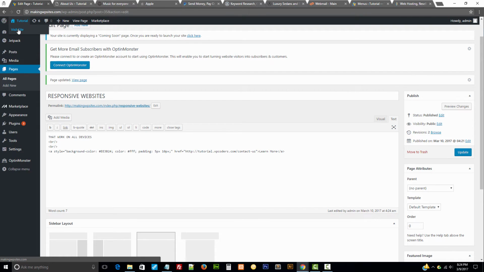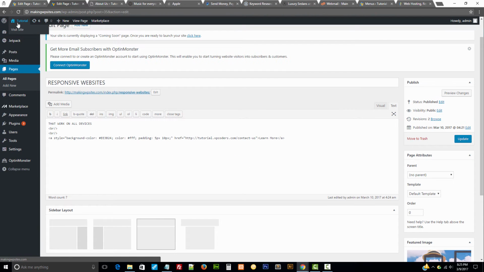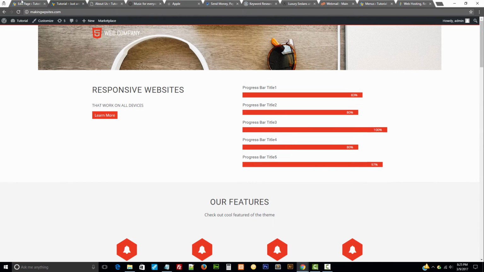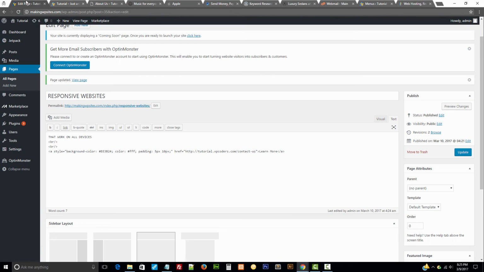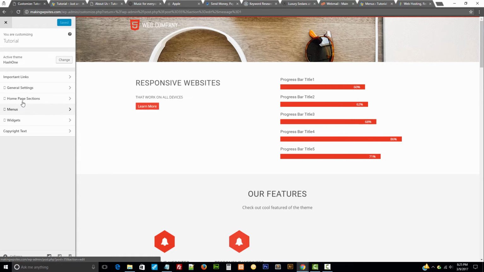So you can go ahead and just click on this. Actually, let's duplicate this. Yeah, let's go ahead and duplicate that. So once we're there, we're gonna click on visit site. So we can see the site that we're building right now. There's no slideshow there, so let's go ahead and add that right now. Appearance, customize, and come back to the home page,